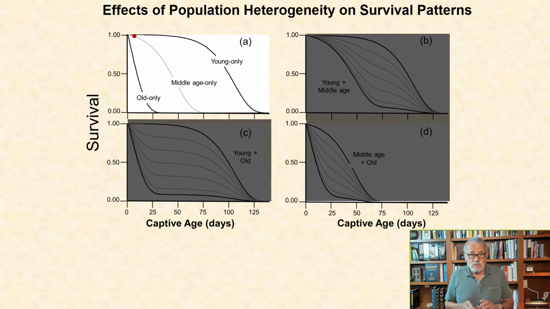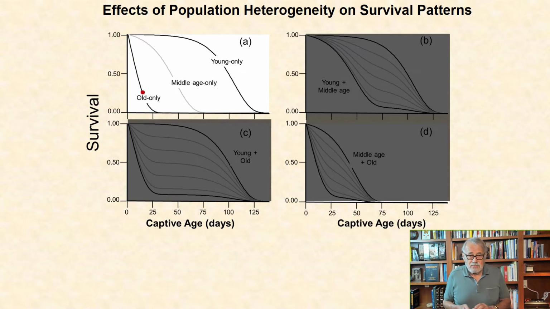Survival of young individuals is extremely high, that is a flat slope, through until around 50 days, at which time they begin dying off more rapidly. Note that some individuals survive beyond 125 days. For individuals collected at 50 days old, initial survival is moderate, but is substantially less than survival for young individuals during their first days post-capture. Survival then drops off rapidly, and no individuals live beyond 75 days. Survival for 90-day-old individuals is relatively short, with an extremely steep decline immediately after capture, and no individuals live beyond